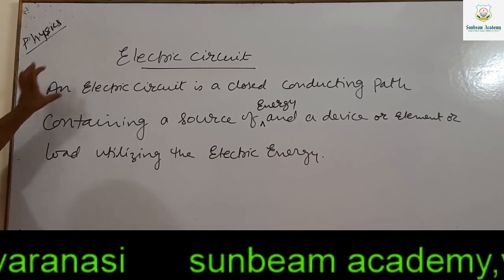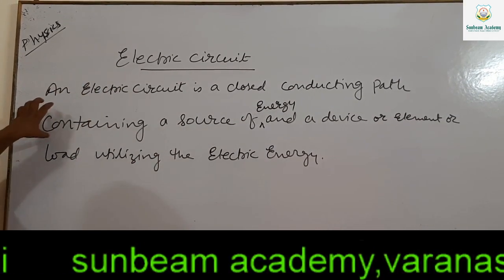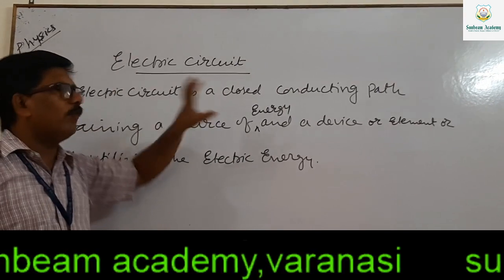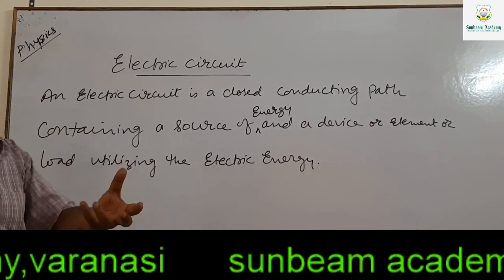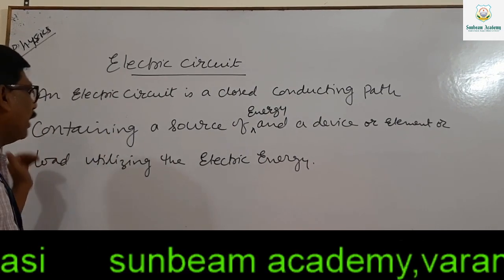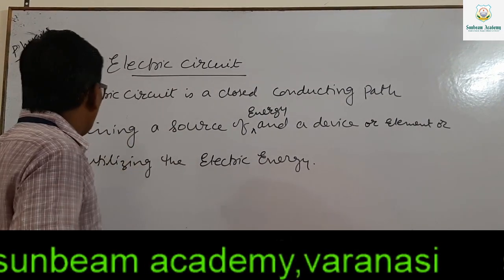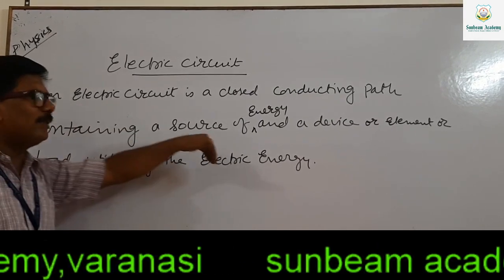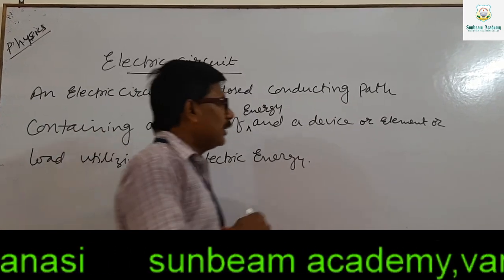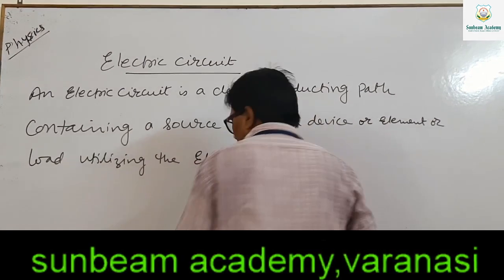Means an electric circuit is a closed conducting path containing a source of energy. That energy is electrical energy, a battery or cell, whatever we are taking, and a device or the element or load is connected to it which utilizes this electric energy. Let us see. Suppose